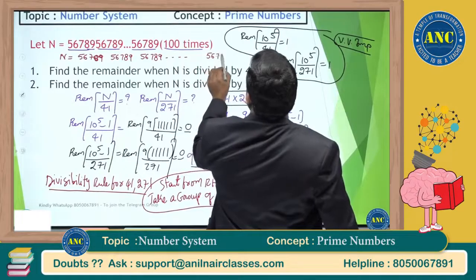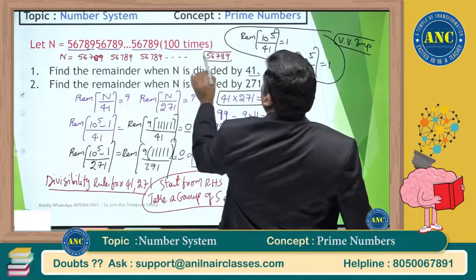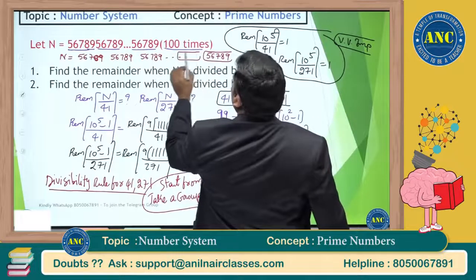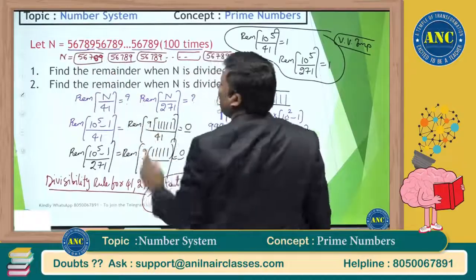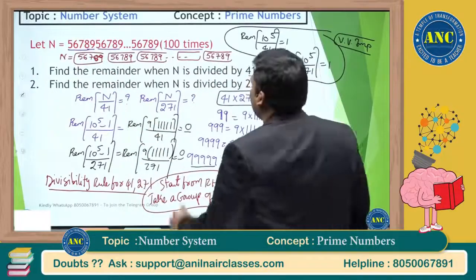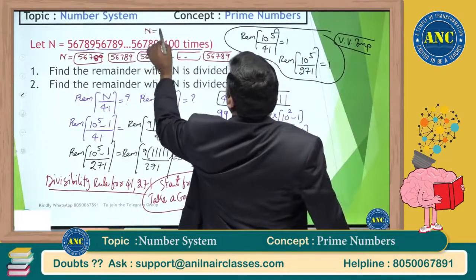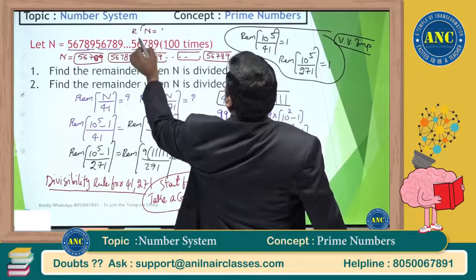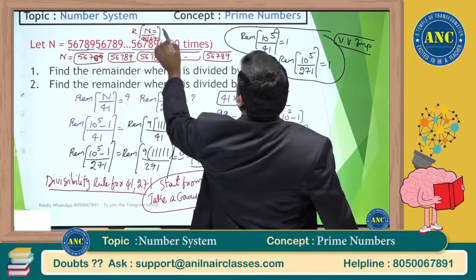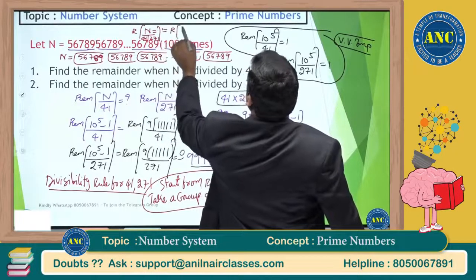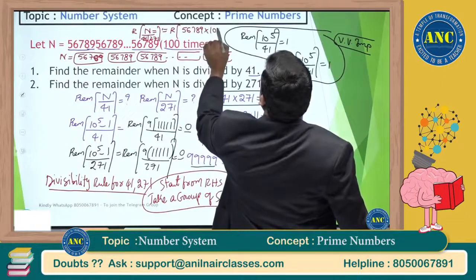If I take one group, another group, like that, totally how many groups are there? 100 groups are there. So what will be the answer for this question? The remainder when N is divided by 41 or 271 is nothing but 5, 6, 7, 8, 9 into 100